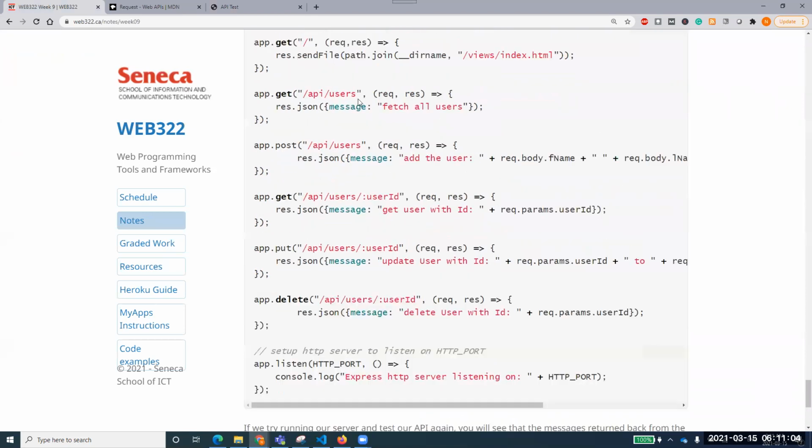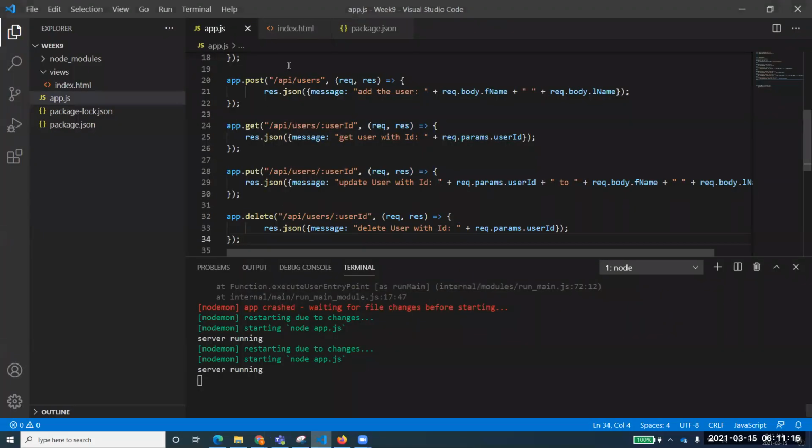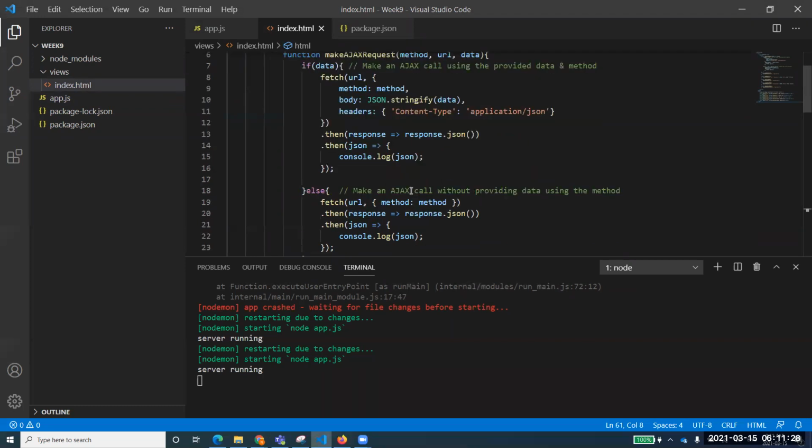So this is all, and this is the checking of this RESTful API, where we are accessing a typical method. And what we have done in this HTML, as we have discussed, is define this make Ajax request script. We are using simple JavaScript code here, and we have defined a script over here which is doing exactly the same thing that we were talking about.